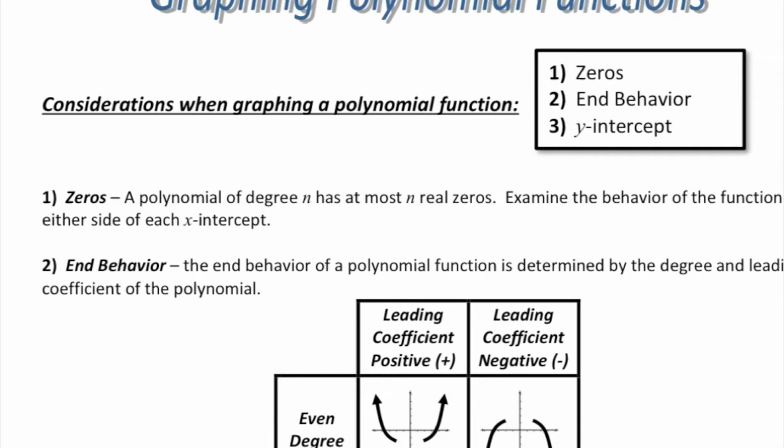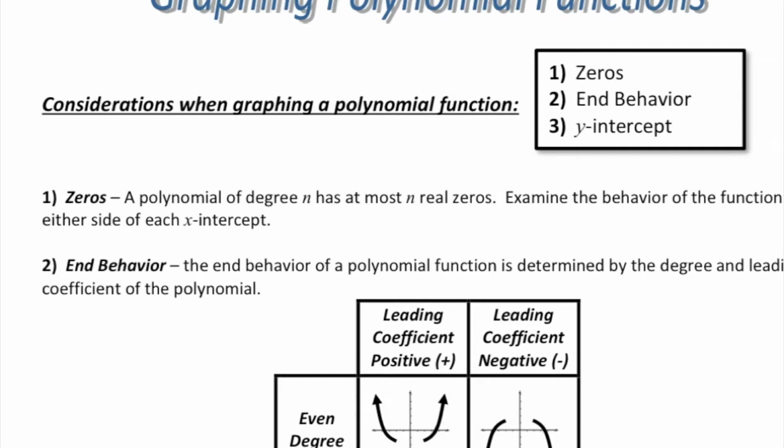So starting with zeros, please remember that if the polynomial is a certain degree, so let's say that you've got a 4th degree polynomial, and remember that your degree is the highest exponent in the equation. So you rearrange the equation in standard form. That means that your first term is the x with the highest exponent on it, and you want to make sure that that is the degree of the polynomial,